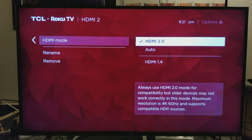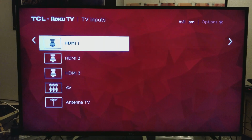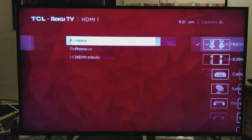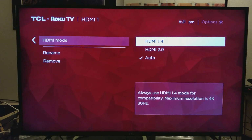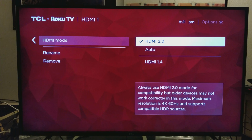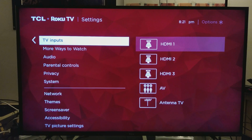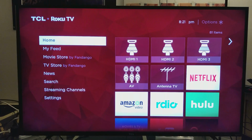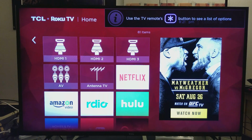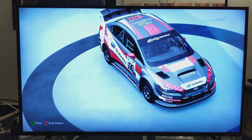and then we're gonna go back. We'll do the same thing for the HDMI 1. You can also rename it if you like. Keep it on 2.0, and then move it back, and then we're gonna go back home, and then I'll switch to my Xbox One S. Forza Horizon 3 should be on HDMI 2. Okay, there it is. However,